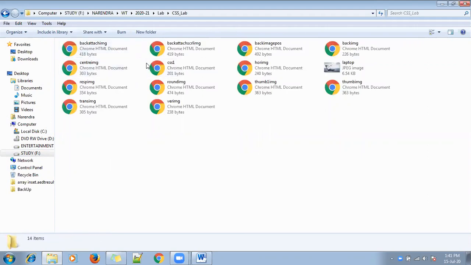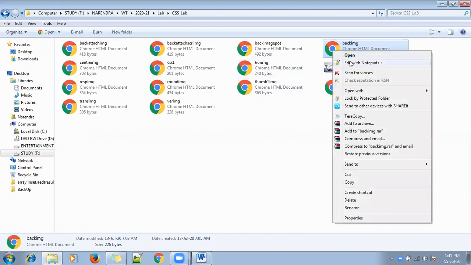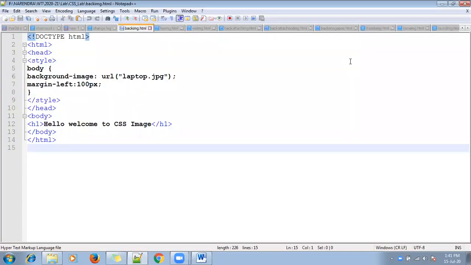So, background image. This is our actual program, right? Body, background image, some URL. You have to check whether this image is in the same folder or not.